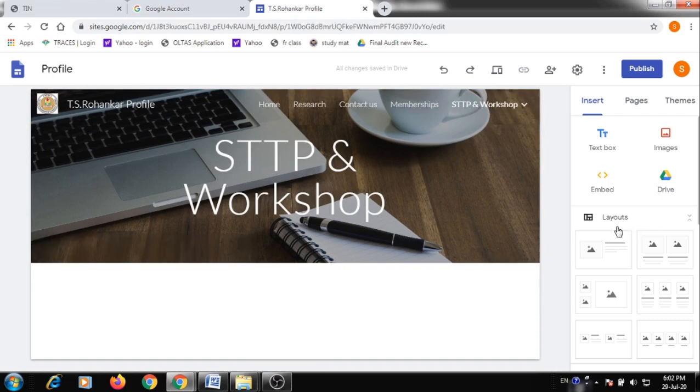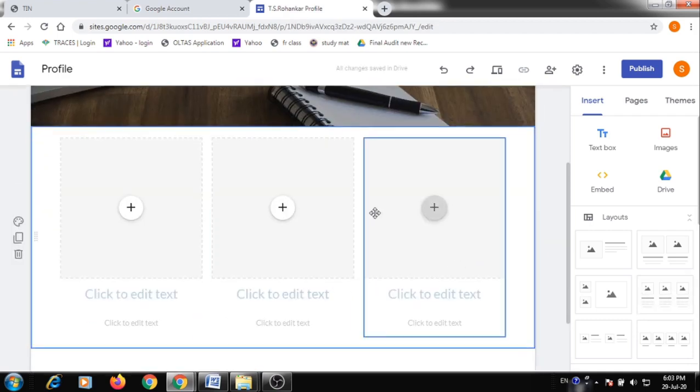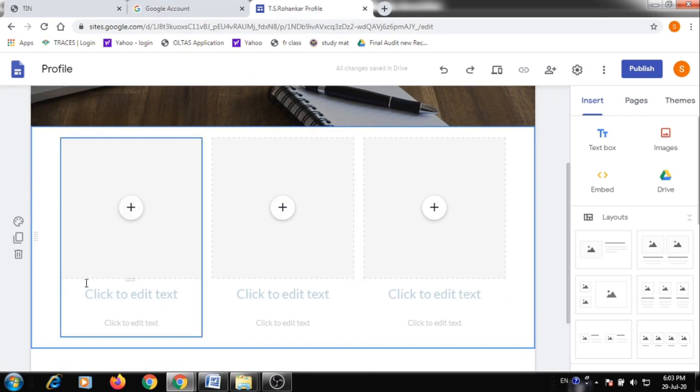Now next is this layout option. You can insert your data by using these ready-made layouts. You can add the layout just by clicking on this. Now I am going to add the layout in my membership page to add my membership data. So click over here. Here now you can see the layout is added.